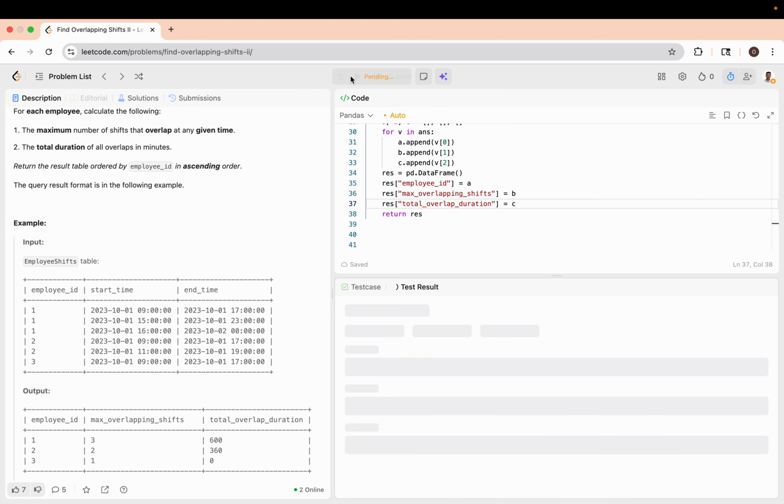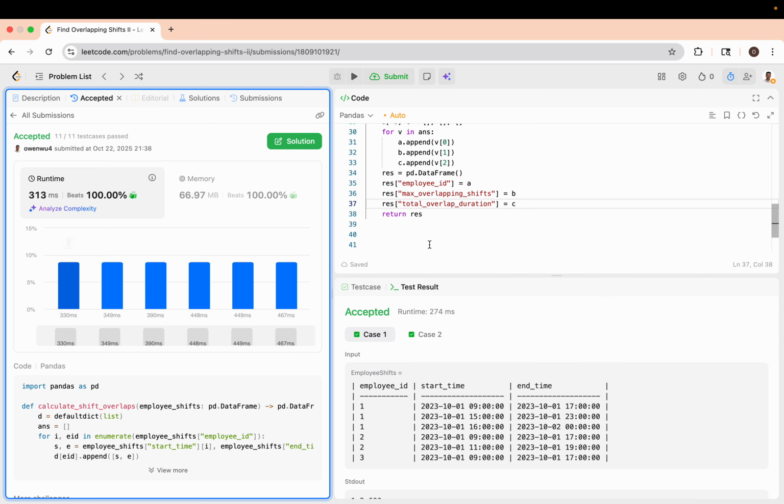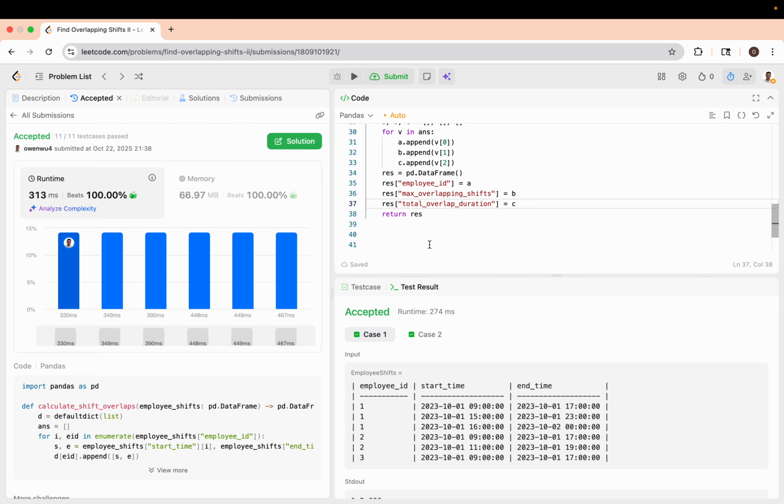So let's run this, submit it, and there you go, passes all test cases. So again, I'm super happy that I was able to come up with my own solution to this question without any help and solve it